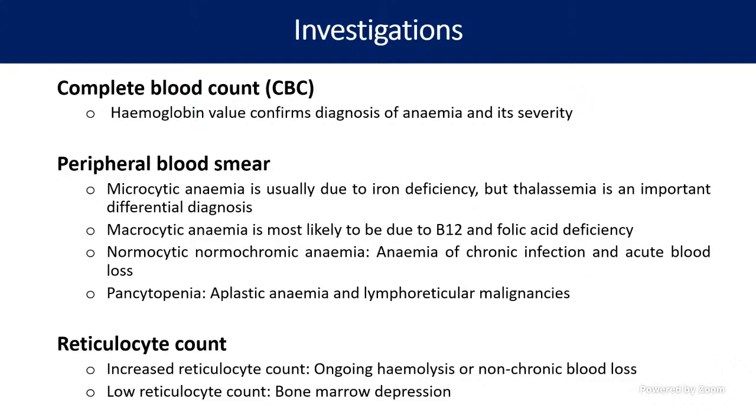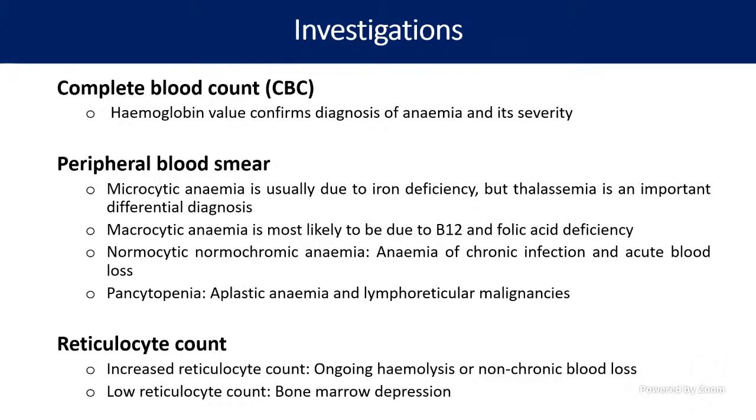Then you can see the platelet count. When you see the platelets, if they are less, pancytopenia means all the three cell lines are decreased. Like we have aplastic anemia because of Epstein-Barr virus or parvovirus infection. It may not cause only anemia, but the bone marrow is not working. All the three cell lines will not work. So the platelet count will come down, WBC will come down, RBC count also will come down. Okay. So we see this in aplastic anemias or lymphoreticular malignancies.